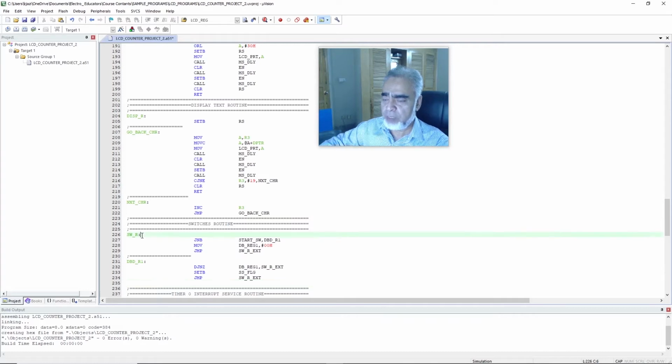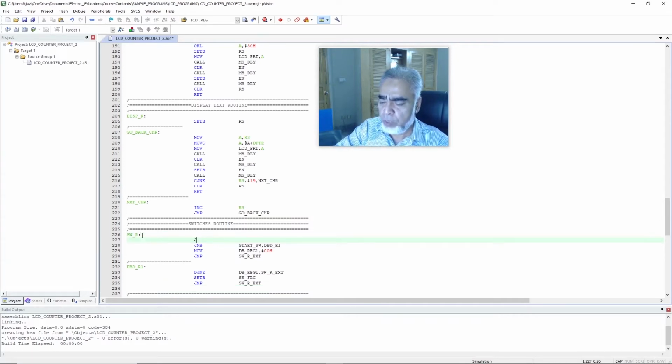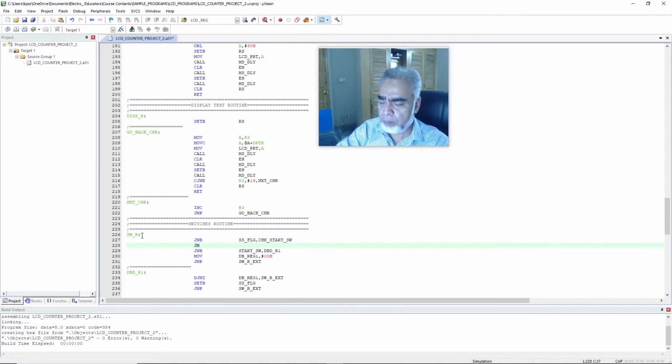So here we will write that is jump not bit SS_FLG comma CHK_START start switch, that is jump not bit start stop flag check start switch. It means that if the status of start stop flag will be 0, then your program will go to the subroutine, that is check the status of start switch. But if the status of start stop flag will be 1, then your program will come to the next line, and here we will write that is jump CHK stop switch,